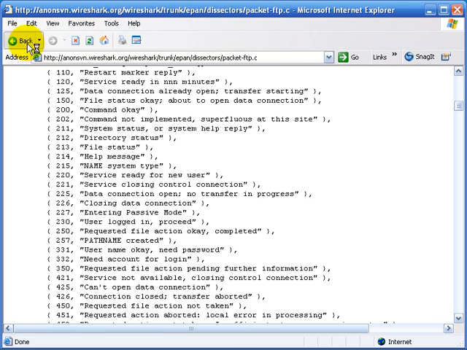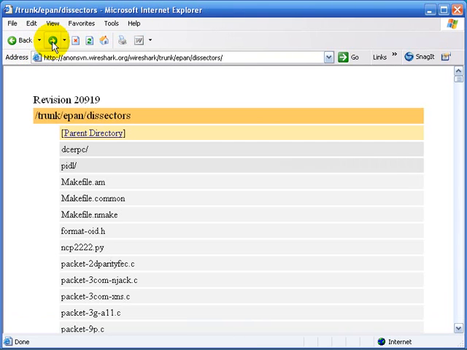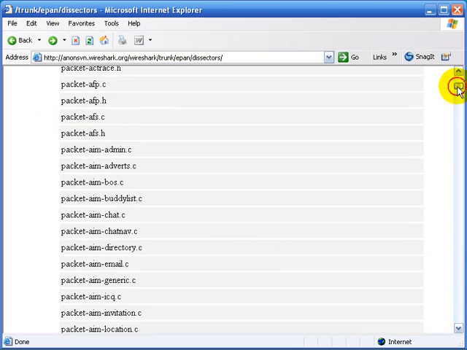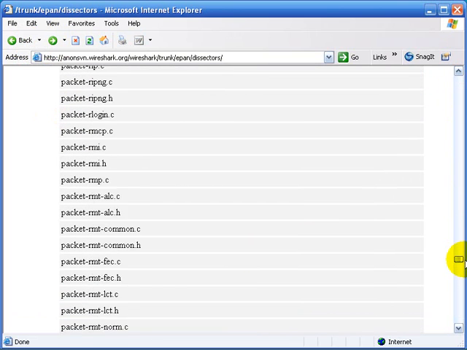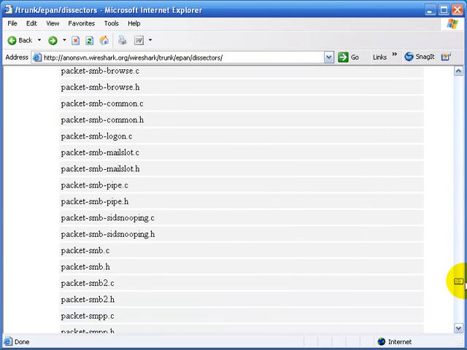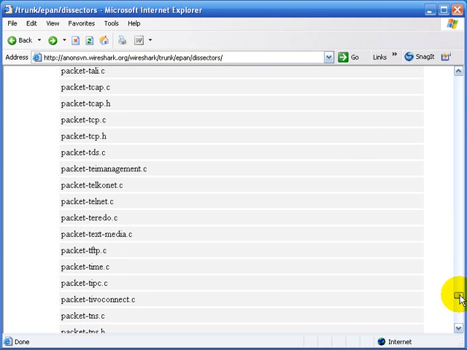I'm going to go back now. I'm going to go to the dissectors for TCP, because TCP is an interesting one. Now all of your networks are probably going to have TCP traffic on them, but TCP is interesting because the expert system has a lot of information about TCP communications, and that expert system is actually held inside of the dissector. So I'm going to select packet-tcp.c,